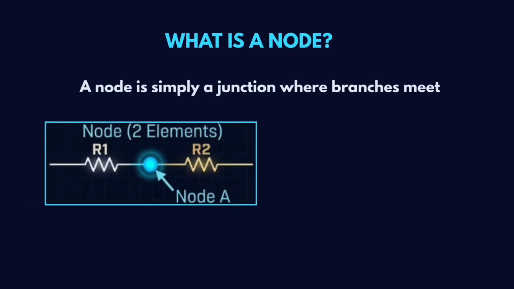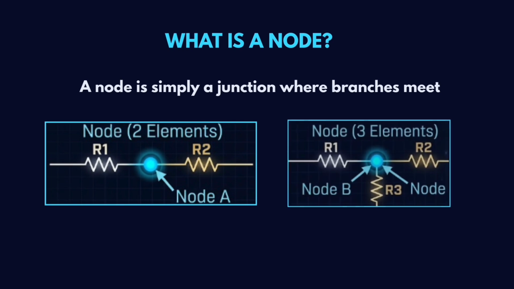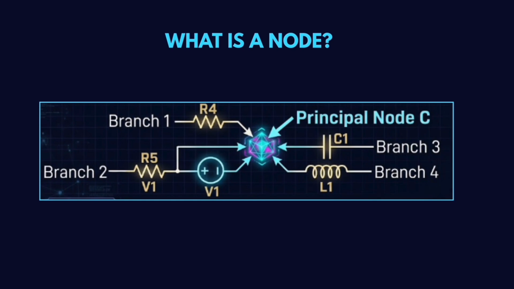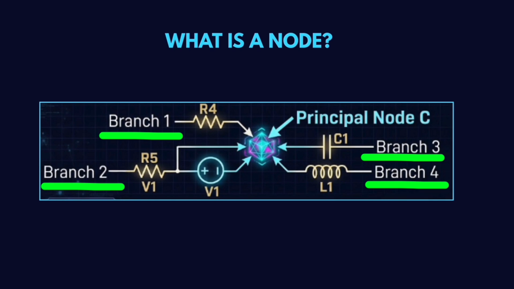A node is simply a junction where branches meet, as shown here. If two or more elements connect, it forms a node. If three or more branches connect, it is called a principal node. A branch here represents a single path in a network that contains an electrical component or elements connected in series